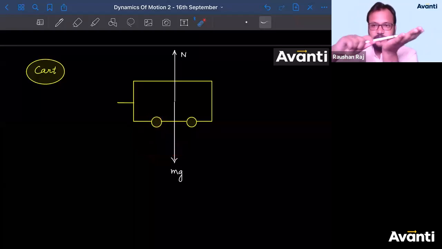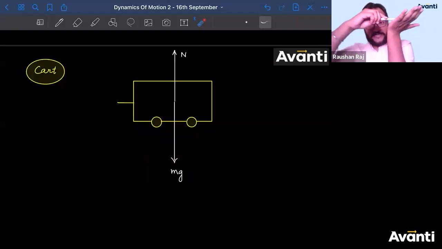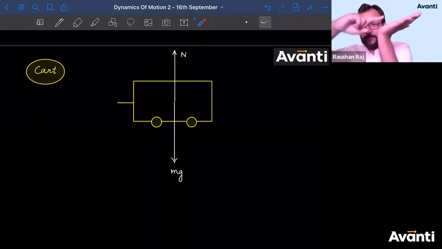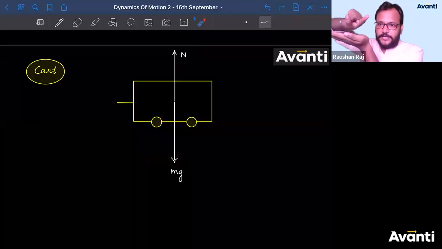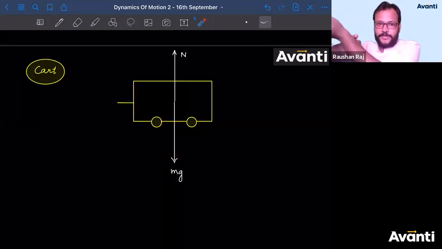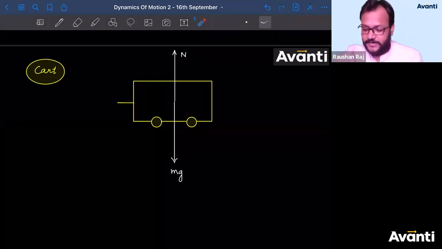Just imagine a condition where this pen or a ruler is rolling like this. देखो इधर, ये मान लो ऐसे रोलर है. If it rolls like this, so how the forces will act? When the wheel will rotate like this, it will apply a force in rightward direction on the earth. तो अर्थ क्या बोलेगा? Earth will use Newton's third law and will say, I will also apply equal but opposite direction force.